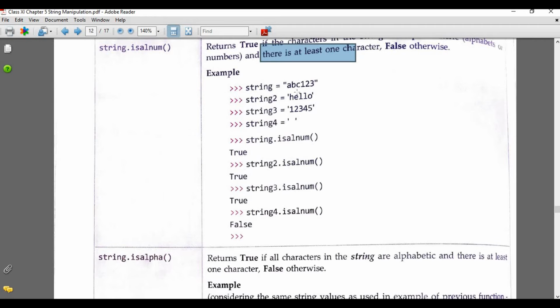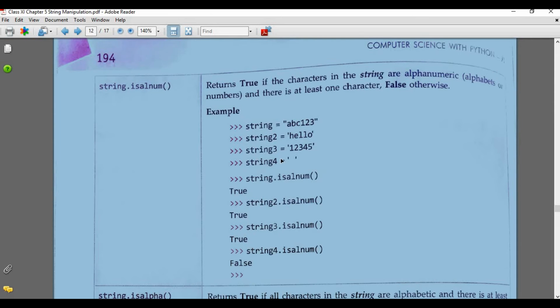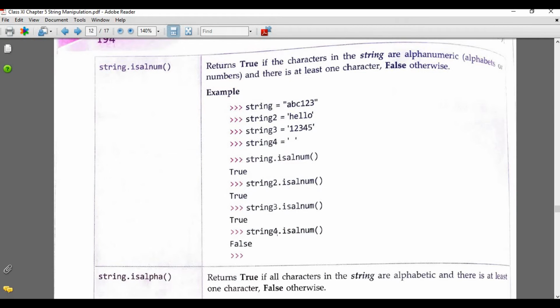Then string 2 dot isalnum, again true, because all are characters. String 3 dot isalnum, yes, also correct, because alphabets or numbers are accepted. Then string 4 dot isalnum. This time string 4 has nothing, only quotes open and quotes close, so it will return false.